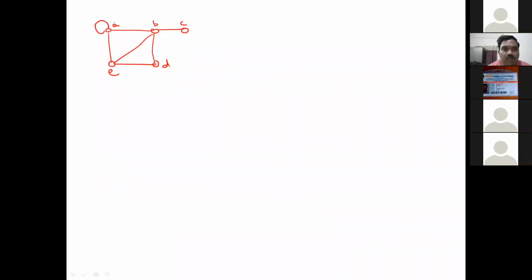Basically, this we call a self loop. This particular edge is running from A to A only. We call that a loop or self loop. So in this case, what is the degree of A? Anyhow, this is one edge, this is another edge, so two are visible. And a self loop basically contributes a degree of 2 to that vertex. So therefore here degree of A, we say, is 4.